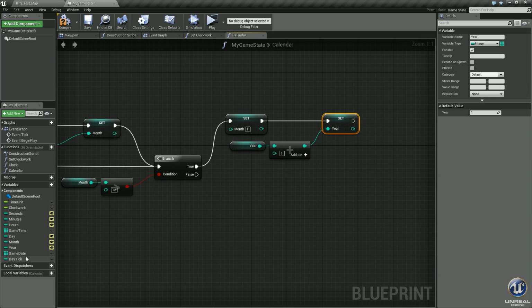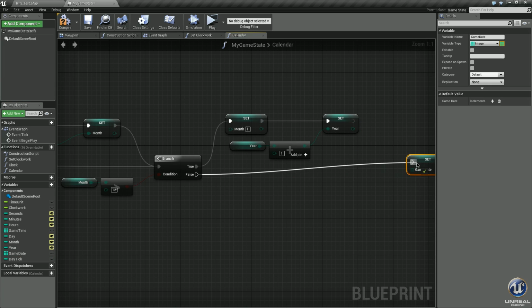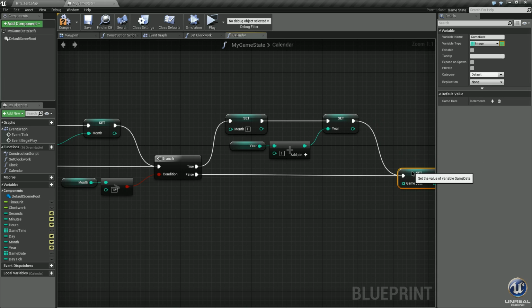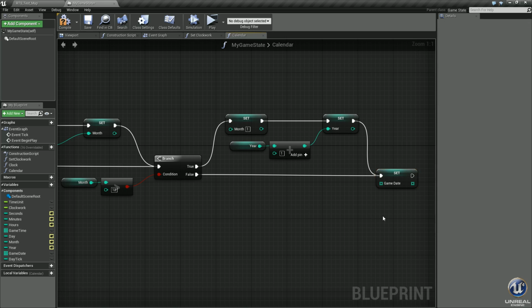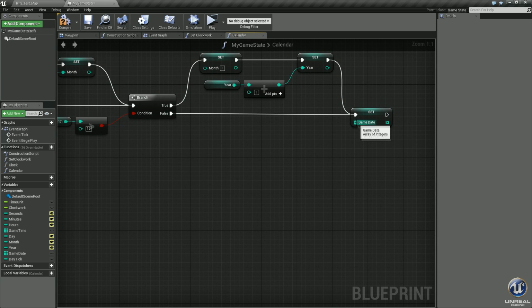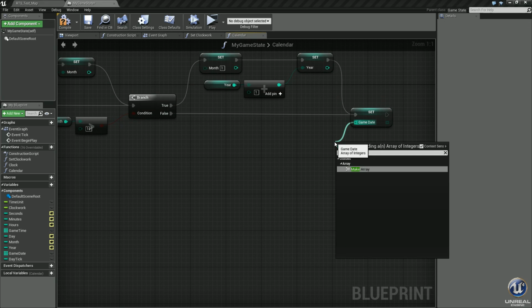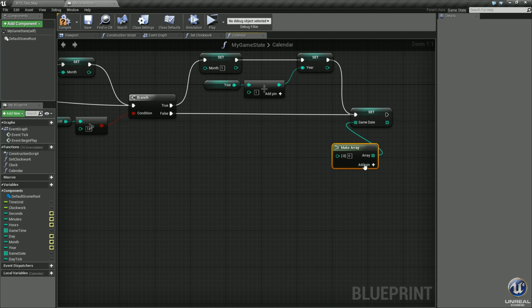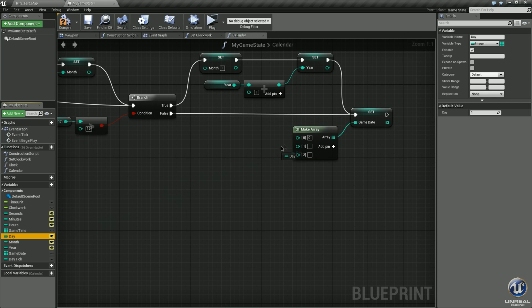Let's go ahead and drag out the game date as a set. Put that in there. Hook up the false from the branch there so everything continues to flow smoothly. We don't want any dead execution pins. Set it in there. Now, like we did with the time, drag out this, make array. Add 2 more pins. Again, I like to keep mine a little bit organized, so I will do lowest to highest: day,